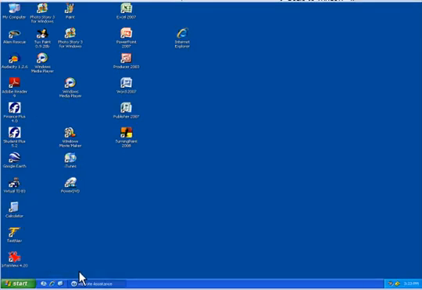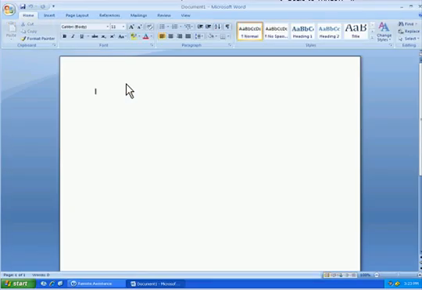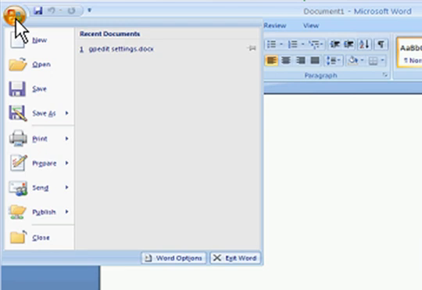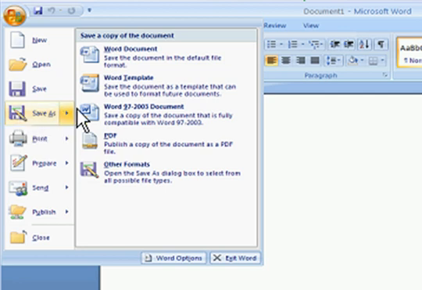Once you're logged in, the next thing we're going to take a look at is saving a Word document. So this also will work for any type of document that you're using. So here I've got my file. I want to click on the orb in the upper left corner. I want to go down to where it says Save As, and then go over where it says Word 97